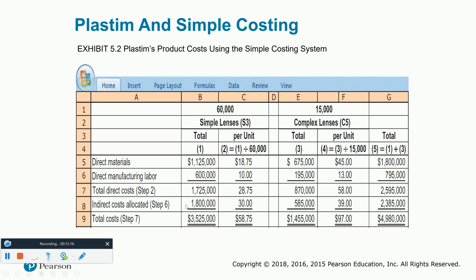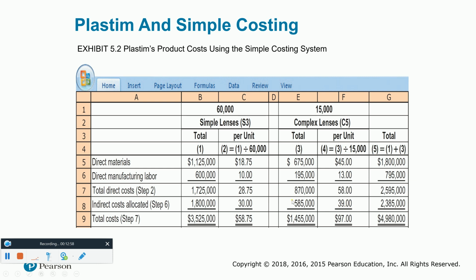But the indirect costs is where we're going to have an allocation problem. So with the simple lenses, according to your textbook, it took 30,000 hours to make the simple lenses. Well, the 30,000 times, you guys remember, $60 per hour that we just calculated, there's the 1.8 million. The complex lenses, the direct materials and direct labor were given to us, simple way to apply the costs directly, but the indirect costs is where we needed to use that predetermined rate of $30 per direct labor hour, and